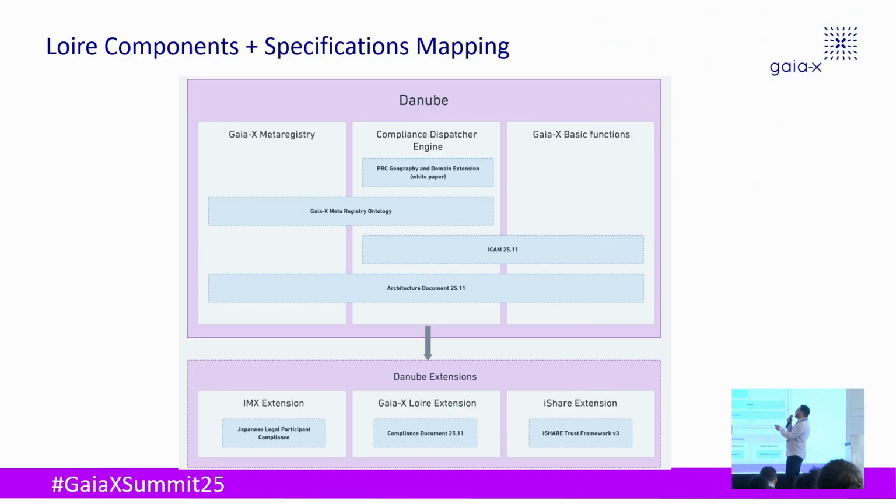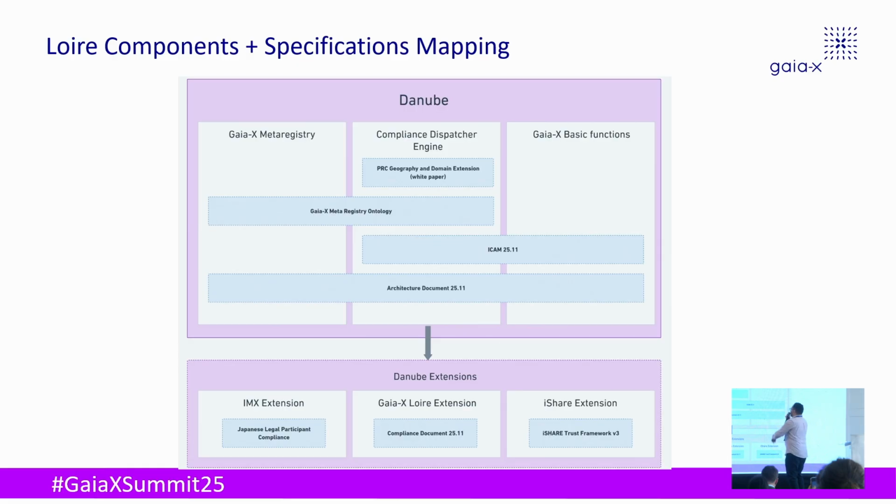Sorry for the spelling mistake. I think I caught that this morning, but I guess it was a bit too late to change it. So here it's the Danube components. As you can see, compared to earlier, there's this extension part, with some examples. So we have, for example, the Loire, and as you can see, the compliance document from earlier is right here. But again, there's no compliance document up top. For this part, I guess there'll be more detail in the next presentation from Delphine and Christoph.